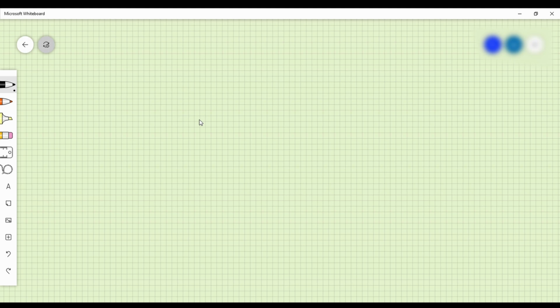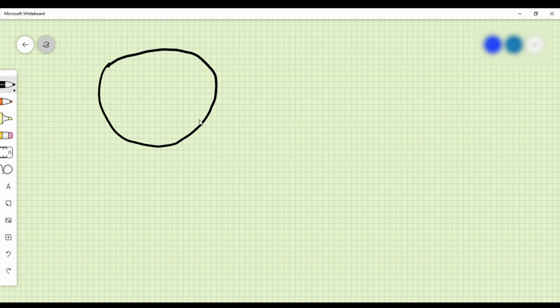Hello friends, today we are just discussing a simple mathematics, and it's just a normal problem solving. So I'll just draw a pizza here